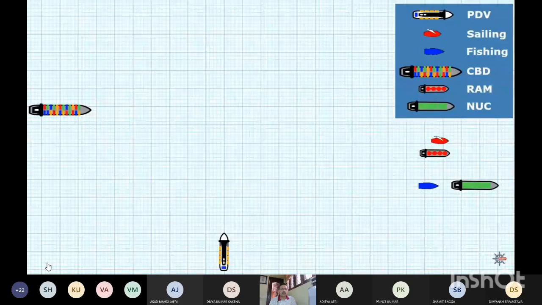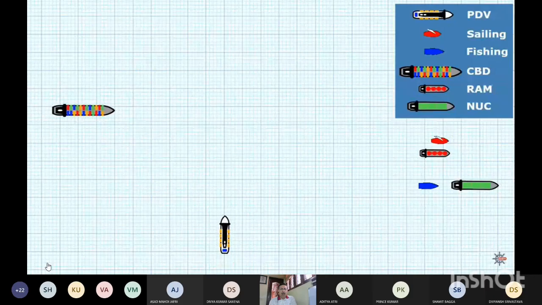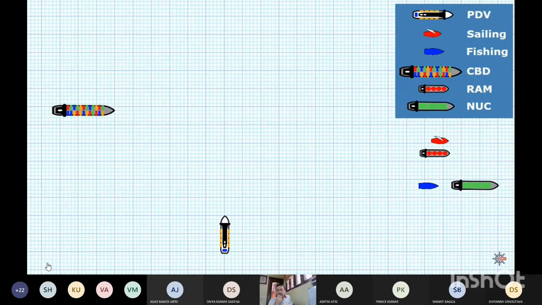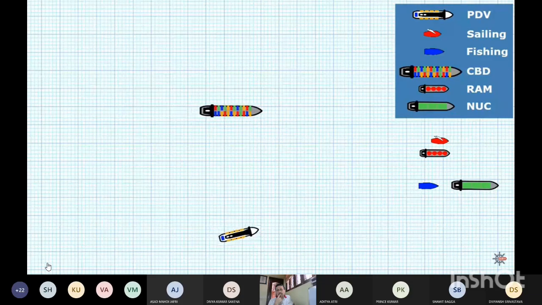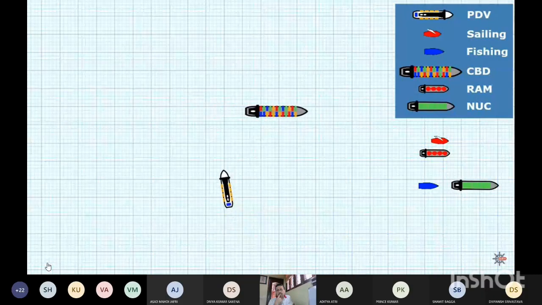So in this diagram, we've got a power-driven vessel approaching a vessel constrained by a draft, which is the container ship. Now we've seen that the power-driven vessel has to avoid impeding the safe passage of the constrained by a draft. The exact things that she has to do is clarified in Rule 8, but she's going to come round very early, allow the constrained by a draft to continue without having to deviate a course, and then she's going to come back and pass well clear astern.